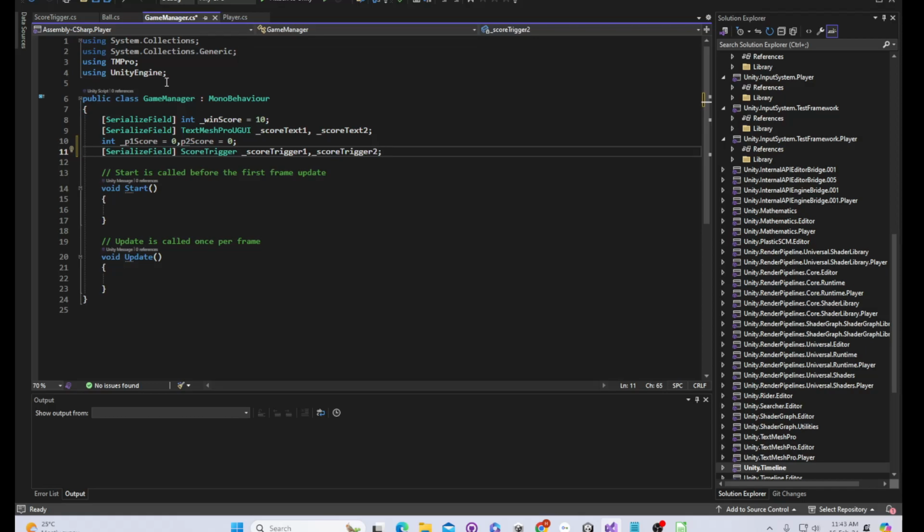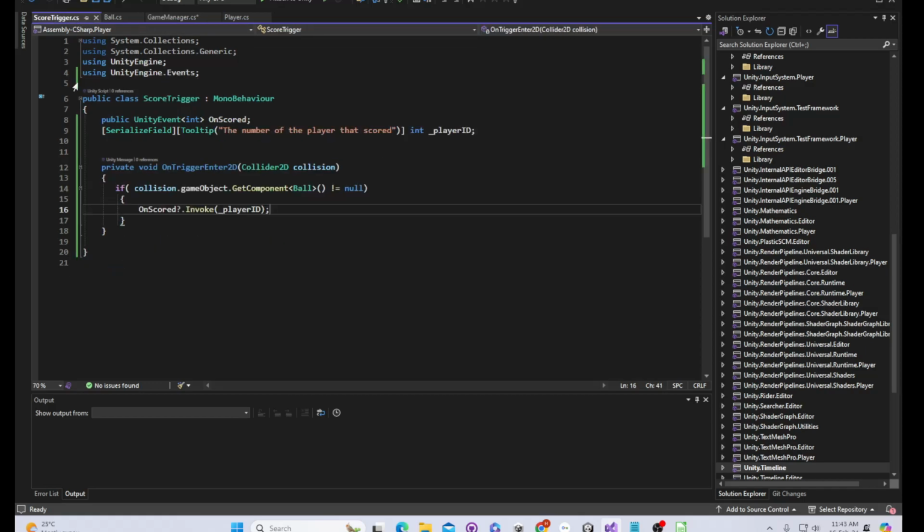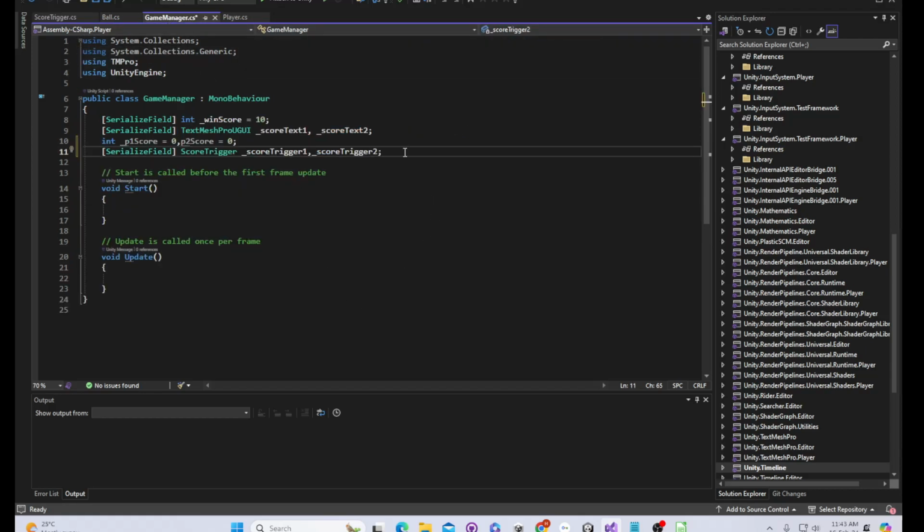That also makes this int that I'm passing in a little unnecessary, but we'll keep it so we can be a little bit more flexible in future. Okay, so we've got our score triggers here. Now we want to tell our game manager to listen to those score triggers. So we'll go